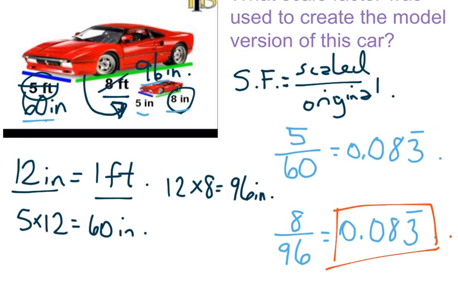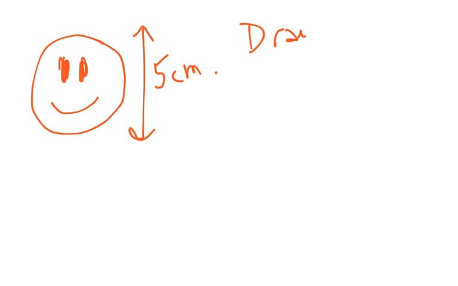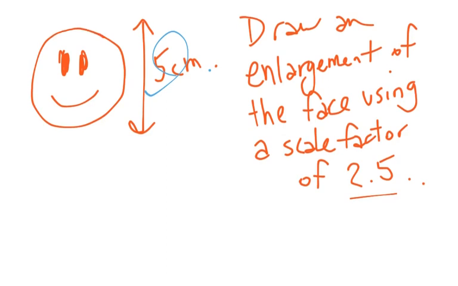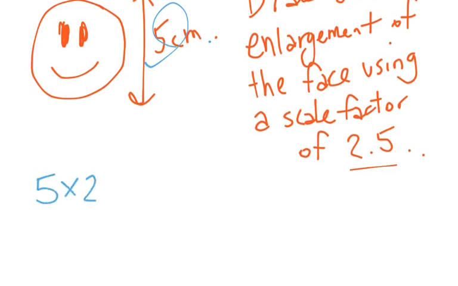Okay, real quick, there's one last type of question I want to show you. And it's when you'll actually be given the scale factor of something and you have to draw either an enlargement or a reduction. For example, let's say there is a happy face here, and he has a diameter of, I don't know, 5 centimeters. And the question is to draw an enlargement of the face using a scale factor of 2.5. It's actually quite simple. What we'll do is we'll take the distance and multiply it by our scale factor. So 5 times 2.5 gets me